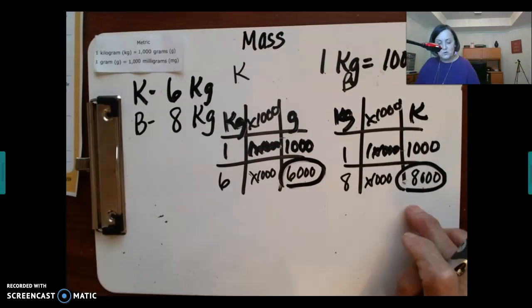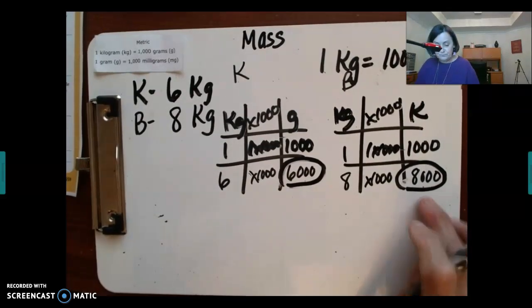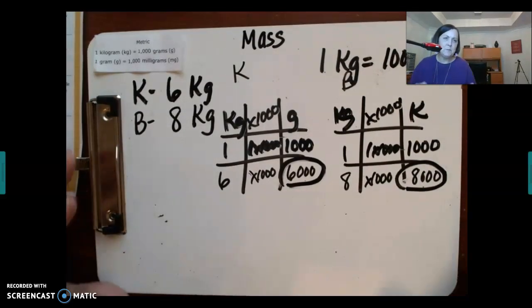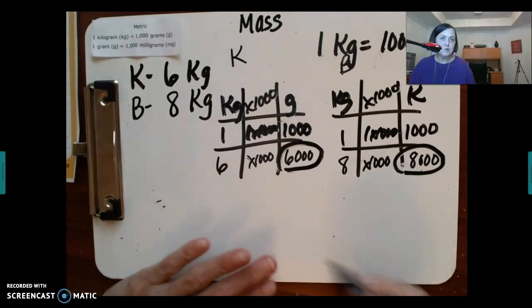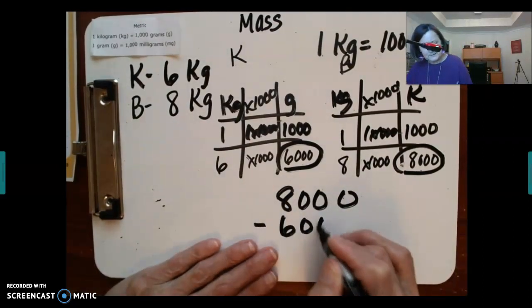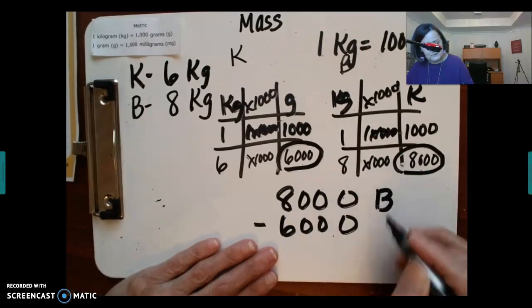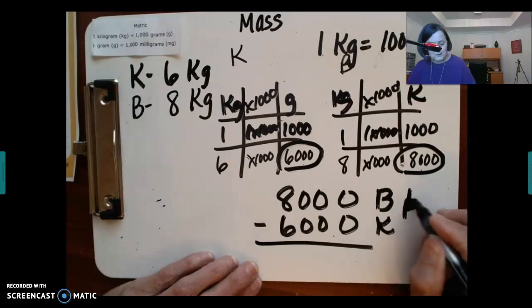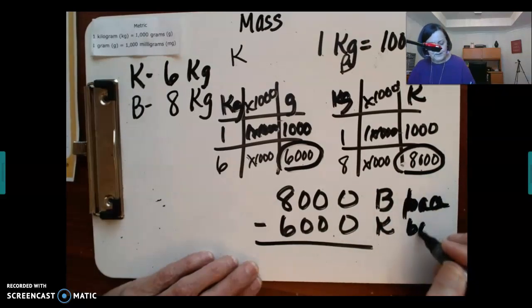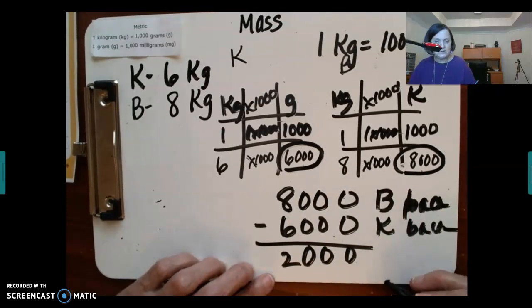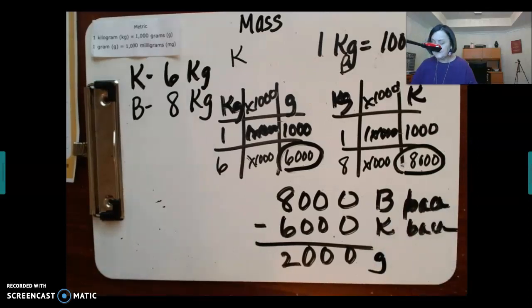So the question is, how many grams greater is the mass of Brent's from Kent's? So what do we need to do now since we're comparing? We're going to do subtraction. So 8,000 minus 6,000. This is Brent's and this is Kent's. Always make sure you label backpack. And then you may subtract, and the difference is 2,000 grams greater. All right, so you just did a multi-step question